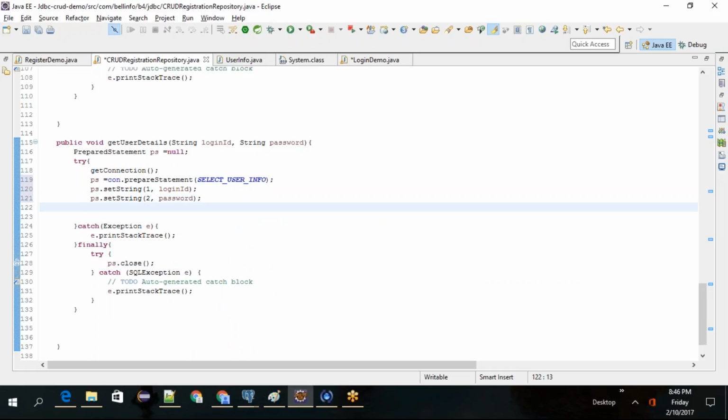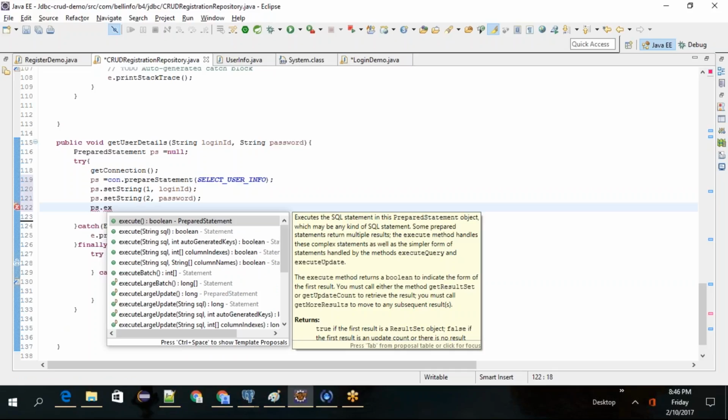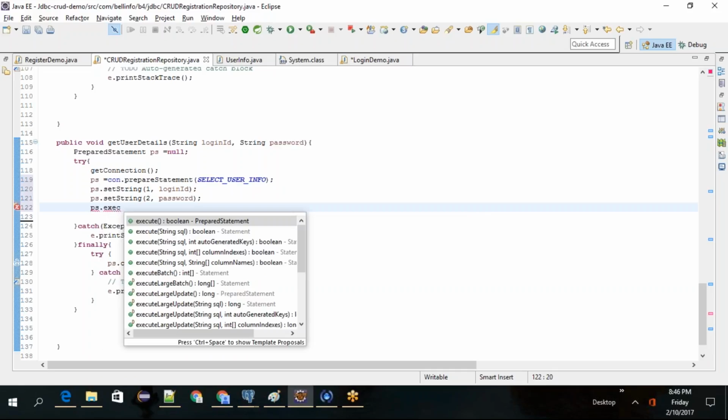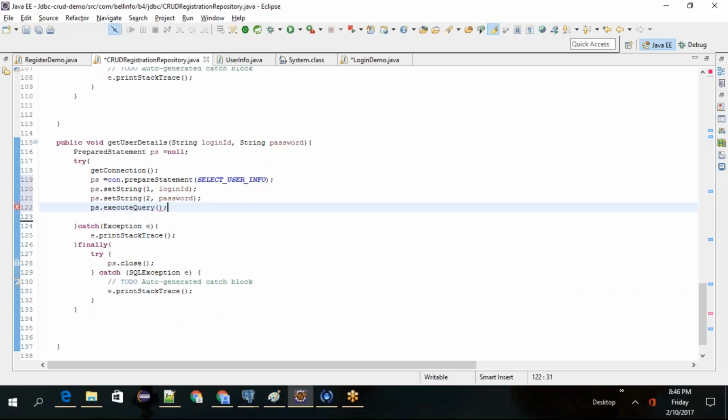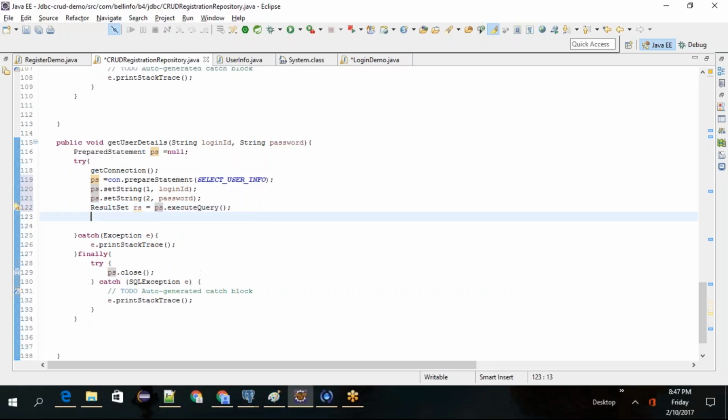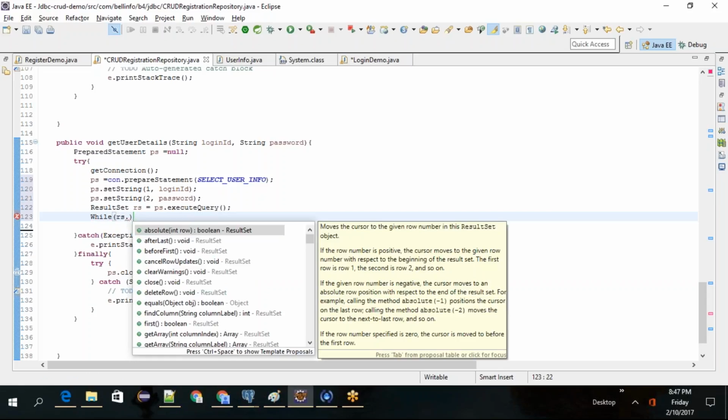So now what we want is a result set, right? ps dot execute query, so that we can get the results back, right? Okay, I'll just say execute query. Okay, a result set: rs equal to ps dot execute query. So if the result set, right? Okay, while rs dot next,